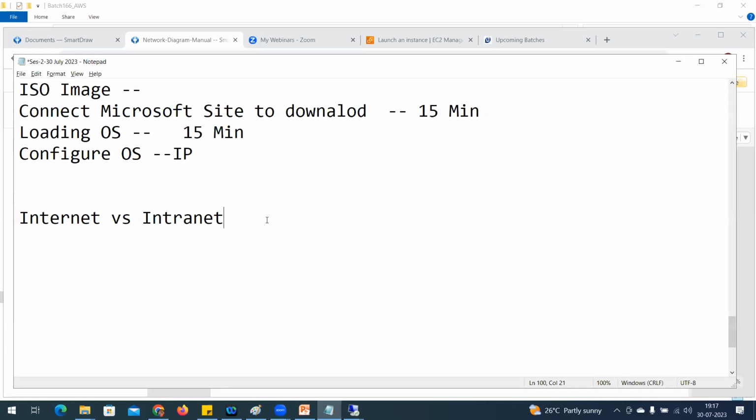The second thing is public versus private. What is public versus private?